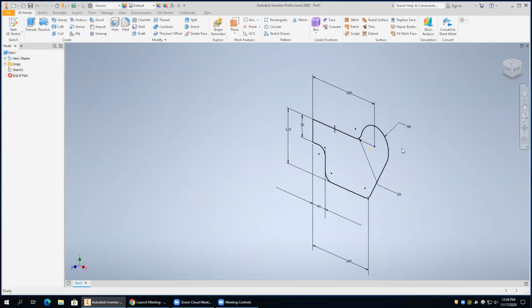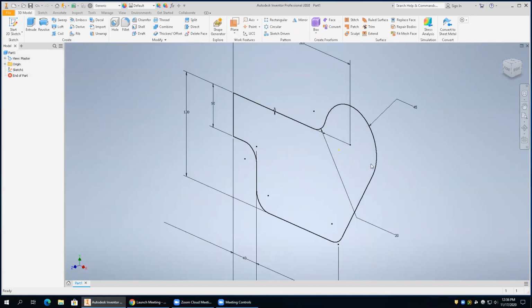And what you now have is the outside part of what we would call our gasket, essentially. So we're going to go ahead and do whatever we would do to this. You might revolve it, you might sweep it, loft it. We're going to do what's called an extrusion like we've been doing. So we're going to go ahead and go into the extrusion, extrude it,